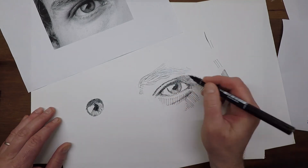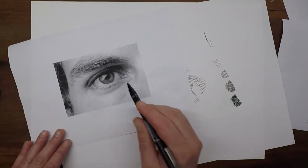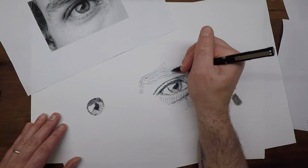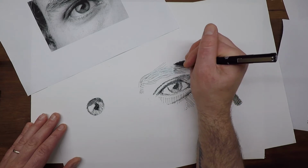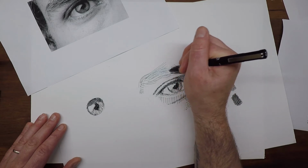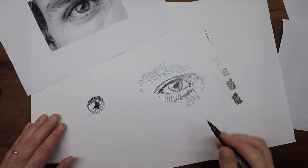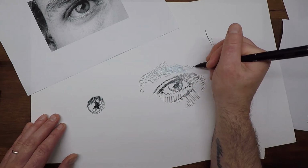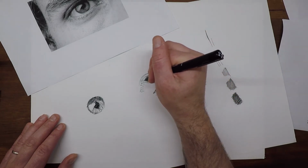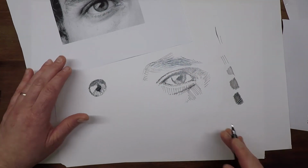And once I'm starting to get that in shape, I'm going to start to build up how dark it is. So I can see it's a lot darker in this section, and then it sort of fades off, tapers off on the edges. Okay, so it's starting to take shape quite nicely, but I've still got a bit of work to do here